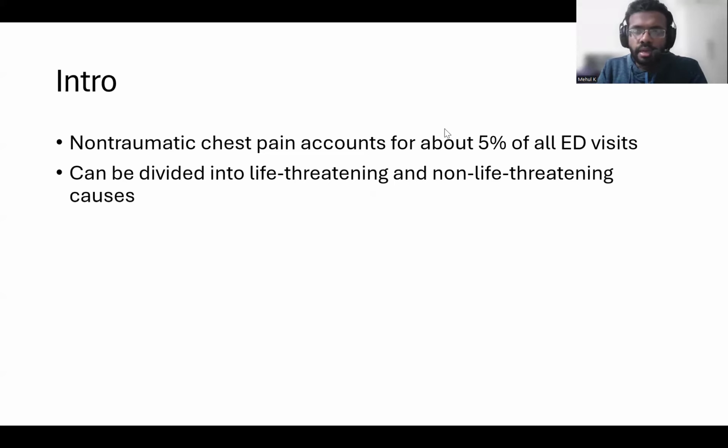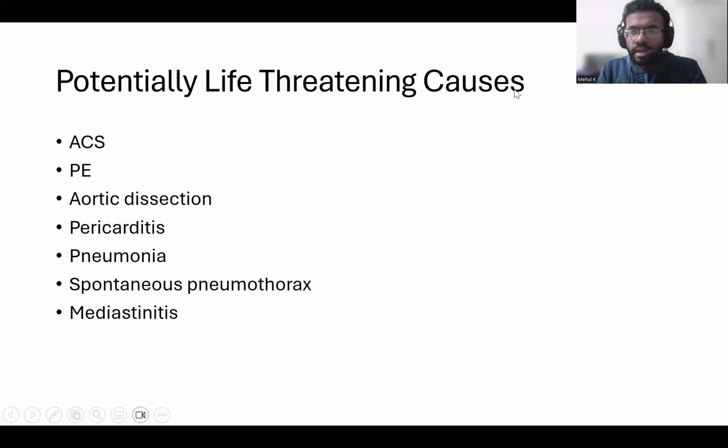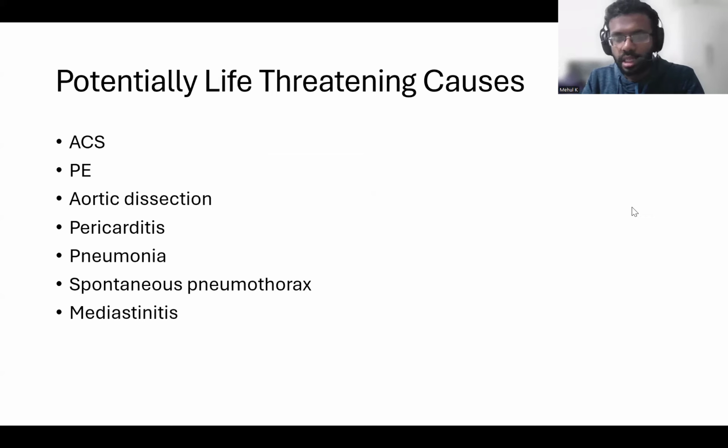Now, life-threatening causes of chest pain, what we have to understand first of all is that life-threatening causes of chest pain does not only mean ACS. It can be other life-threatening causes like pulmonary embolism, aortic dissection, pneumothorax, etc. And even things like pneumonia can be very severe as well. So don't be fooled into thinking that the only life-threatening cause of chest pain is ACS, because other life-threatening causes are also there, and they can actually be even more tricky to diagnose compared to ACS. But in this particular talk, we are going to focus mainly on ACS.